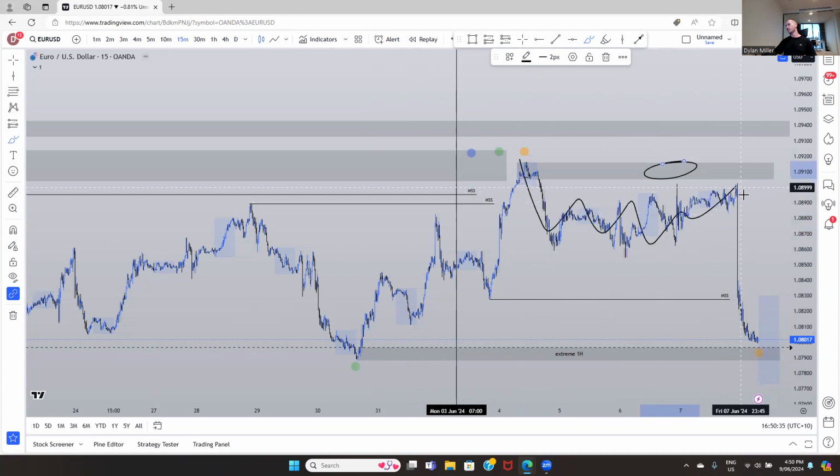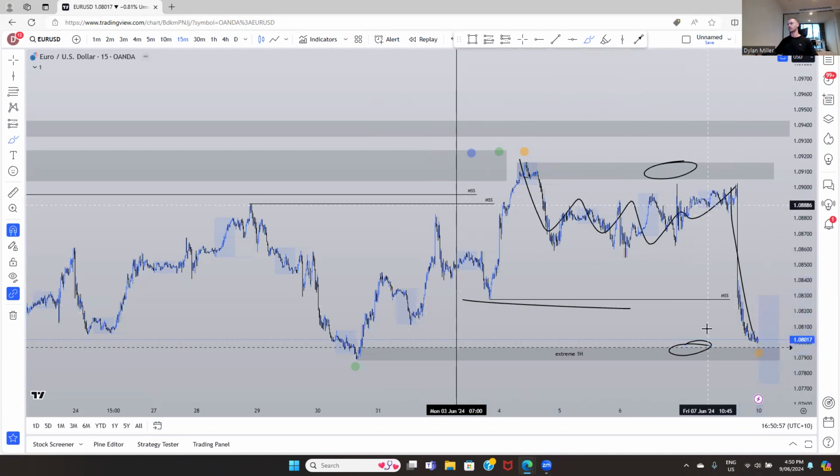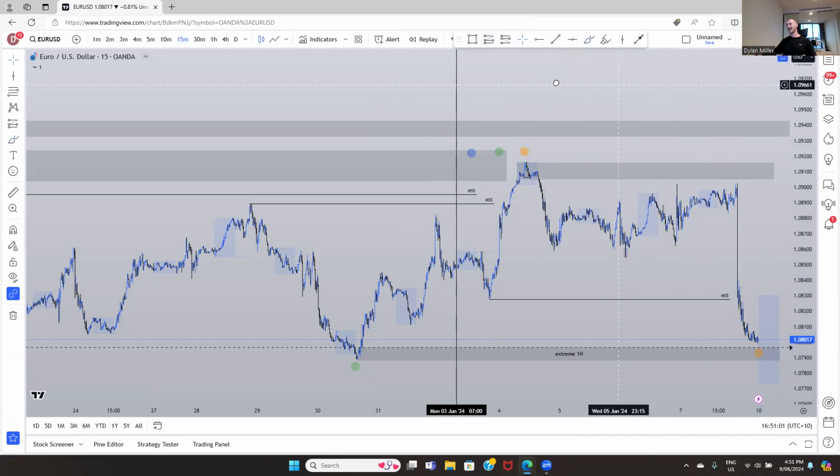And then on NFP, obviously released on Friday, we get the massive move to the downside. So right now, has given us a bit of awkwardness with price and what we're looking to be able to do with it. It does make it very, very tricky. Obviously, got a big break of structure here now, so we can definitely look for price to come and mitigate some extreme points down the bottom to potentially look for buys. But we'll see how price shapes up during Asia for the week ahead.